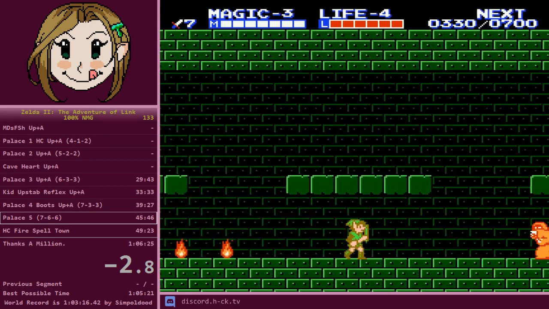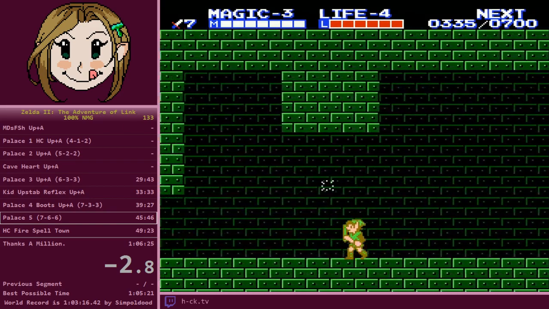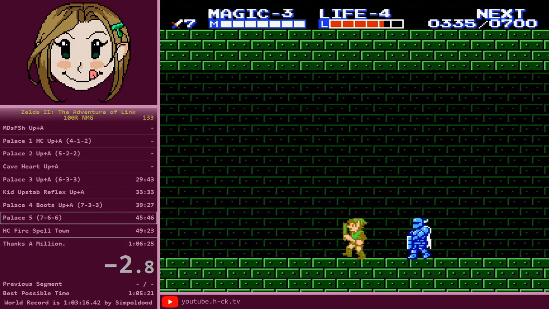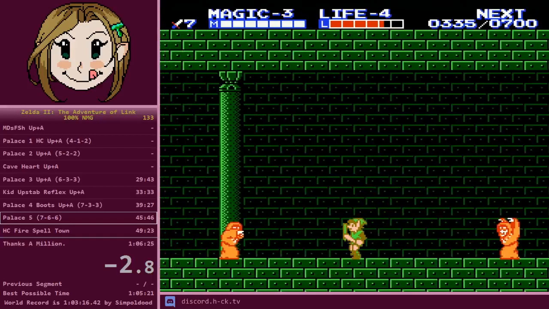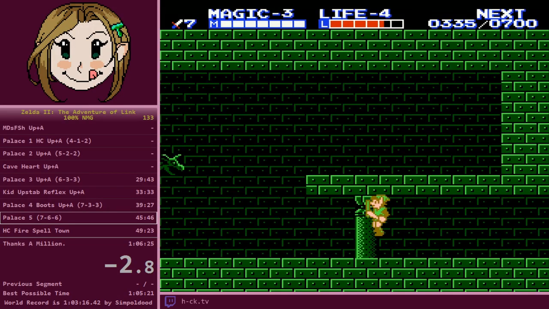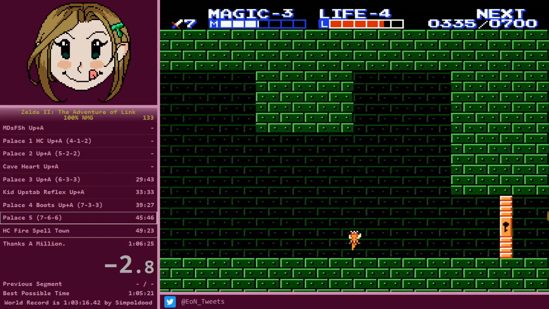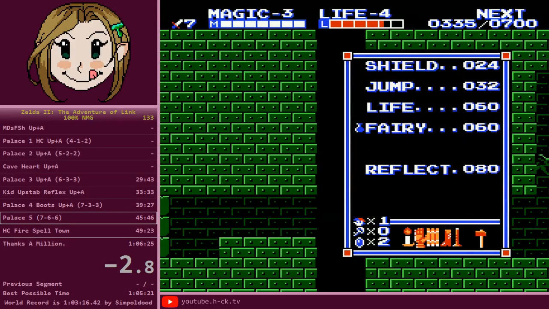Then heading out of here, it's a little bit risky. You want to avoid all those flames. Those Magos are jerks and not very nice. Ouch. Okay. And then, so we have to ferry here. We don't actually have enough for... Okay. So then we'll get that. And then...